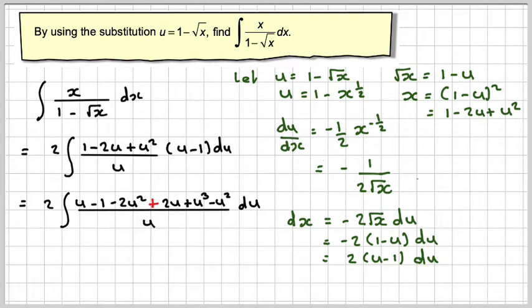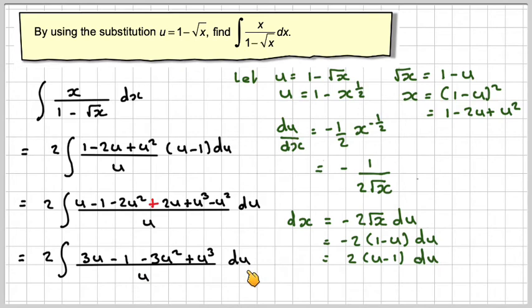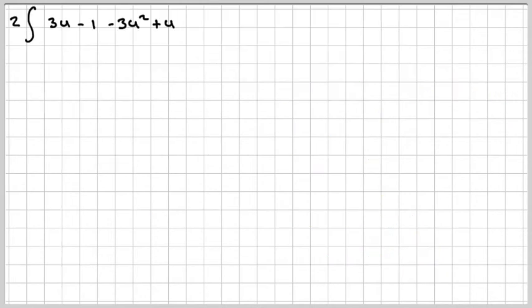Collecting together terms, we're going to have u plus 2u, still got that 2 out in front, 3u, and then we're going to have minus 1, and then minus 2u squared minus u squared would give me minus 3u squared, plus the u cubed, over u, du. I don't know what that extra u was doing. Okay, right, so writing that out,